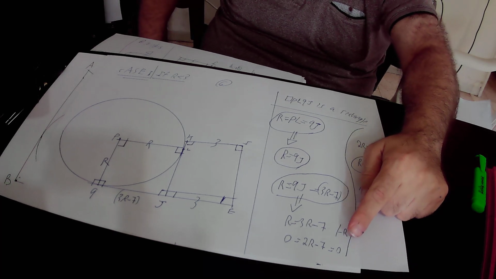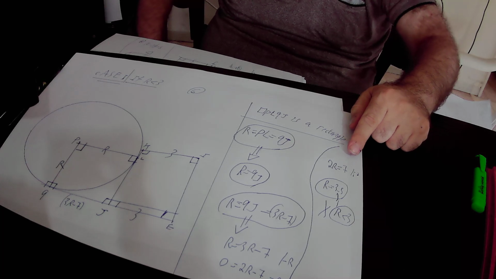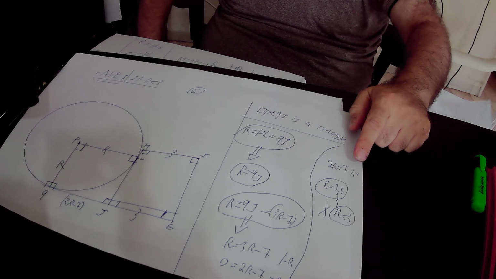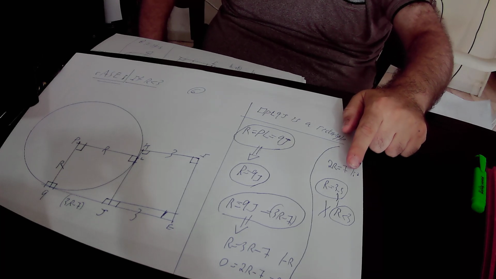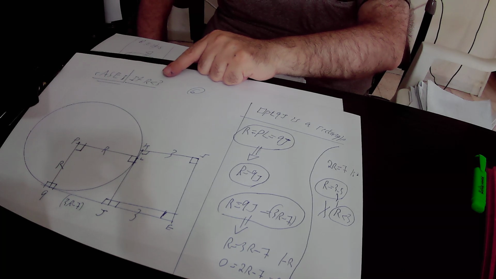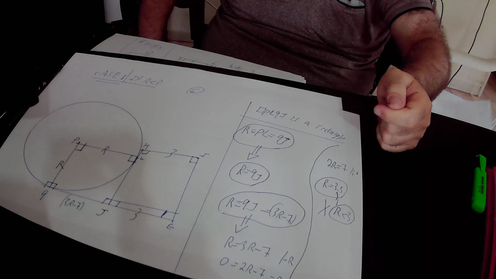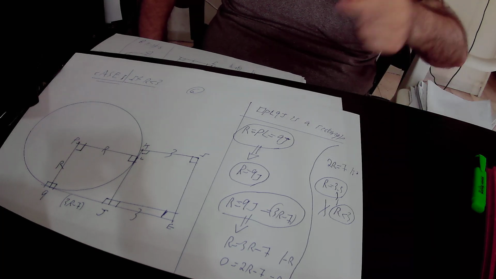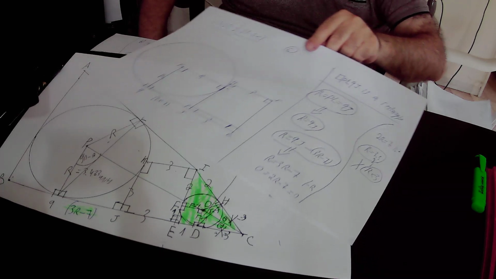We added 7 to this equation and found out that 2R equals 7. Here we divided this equation by 2 and found out that R equals 7 over 2, that is 3.5. R equals 3.5 units, while according to our assumption, R is less than 3 units. R cannot simultaneously be equal to 3.5 units and also less than 3 units. So due to the contradiction, we cancel this possibility, that is to say R cannot be less than 3 units,